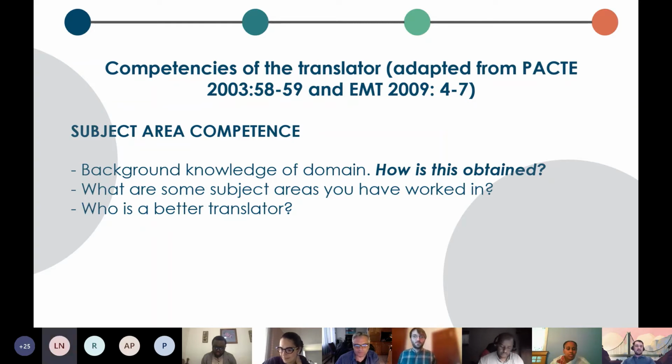Another way that a lot of people do, so translators will specialize only in one subject area, and they will have a degree in that area. So they will only take legal text between, let's say, Italian and English, and they will have a degree, or they will have taken a course or something like that. Yes, read or take courses. Usually that's the biggest way in which you can develop subject area competence.